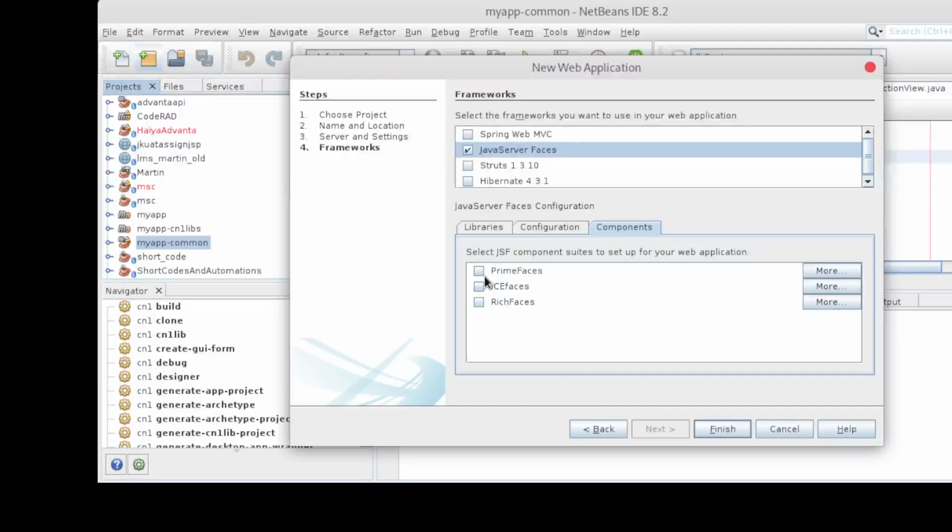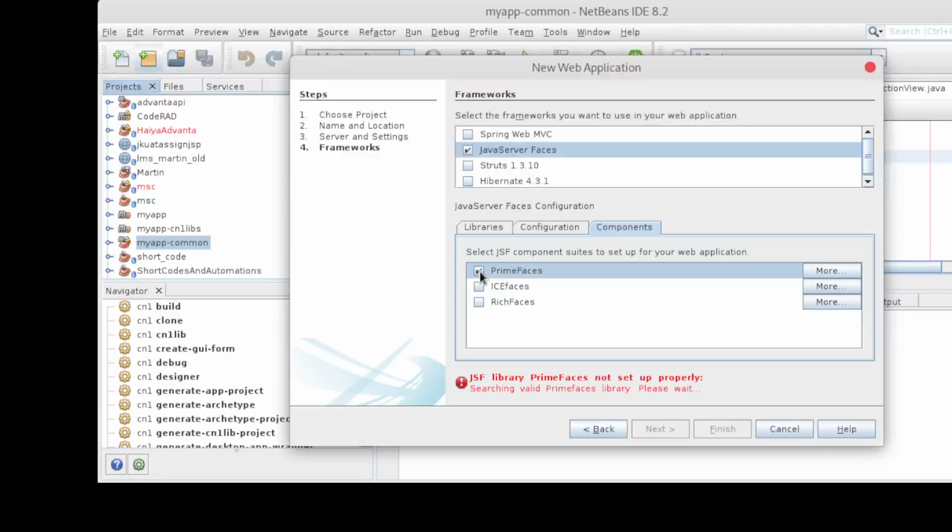The current one is PrimeFaces, which is a UI framework being developed by PrimeTek. PrimeTek also develops UI frameworks for Angular, for Vue, and for React.